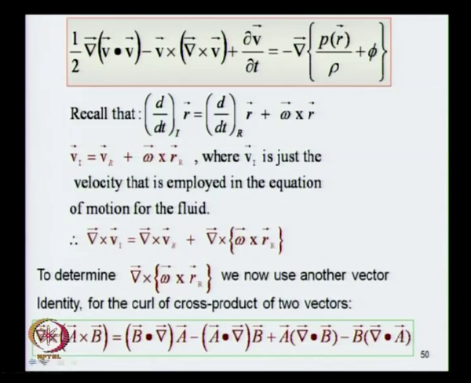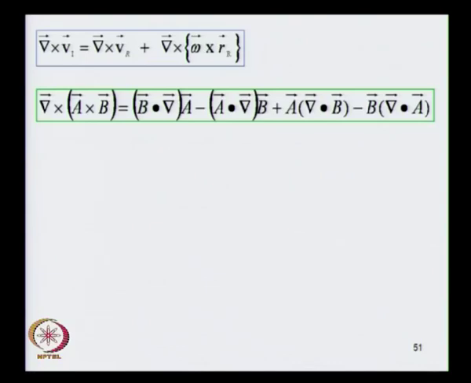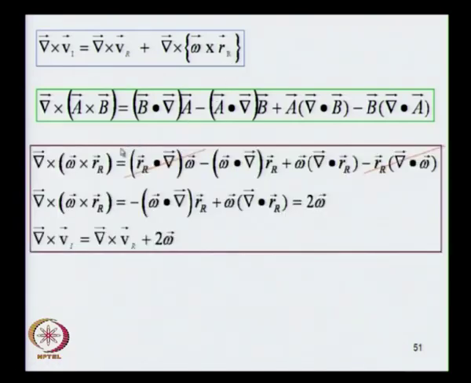So, this result, this identity with A replaced by omega and B replaced by the position vector in the rotating frame of reference, can be used to get this result. Okay. So, let us do that. All we have to do is to replace A and B respectively by omega and r, which is the position vector in the rotating frame of reference, and when you do this substitution you get the curl of omega